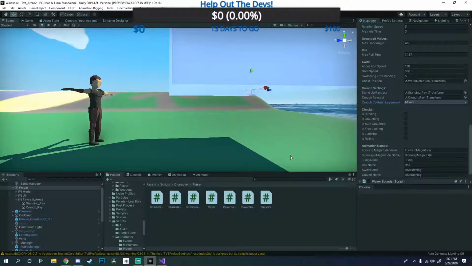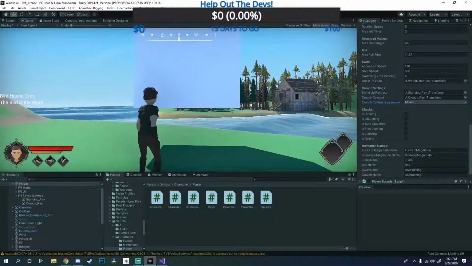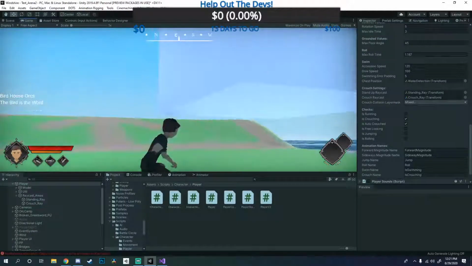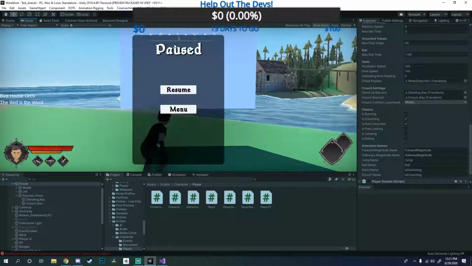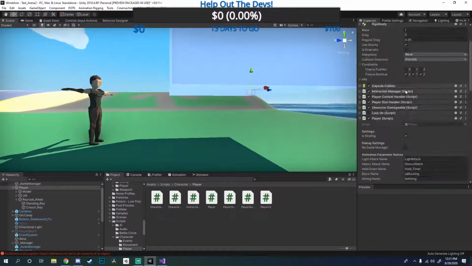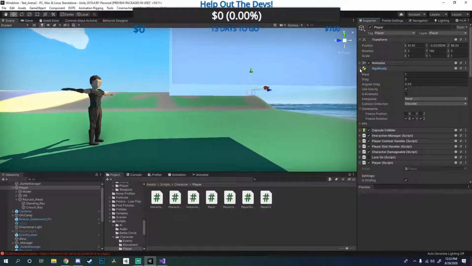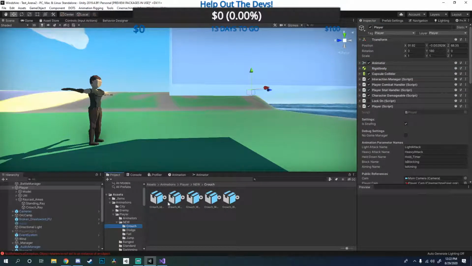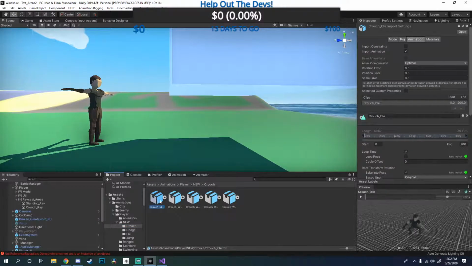Hopefully, if everything goes well, we're going to get this to work. Oh, it does work. But there's actually something funny that this animation doesn't actually affect the capsule collider. But there is something very, very interesting we can do. So instead of doing this all in code and messing that all up, we can do something a bit more interesting. So the one thing we can do,